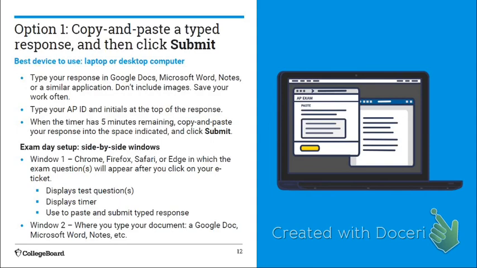All right, now, what does that mean that you need to have set up, ready to go on the day of the exam? Okay, down at the lower part of the screen where it says window 1, this would be the programs that you would want to have the AP exam questions itself open in. They are highly recommending that you use Chrome. Internet Explorer will not work.